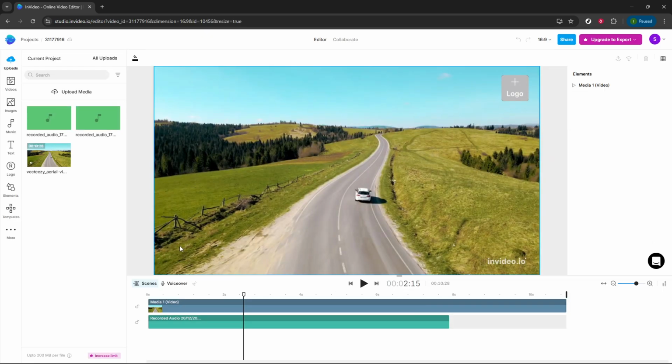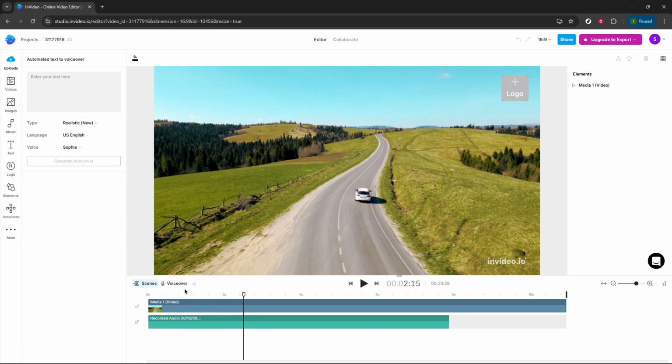At the bottom of the preview area, look for the voiceover option and click it. This is where InVideo centralizes all voice options so you can record, upload, or automatically generate narration. Next, choose the text-to-speech option. This tells InVideo that you want it to synthesize a voice from your written script rather than using a recorded